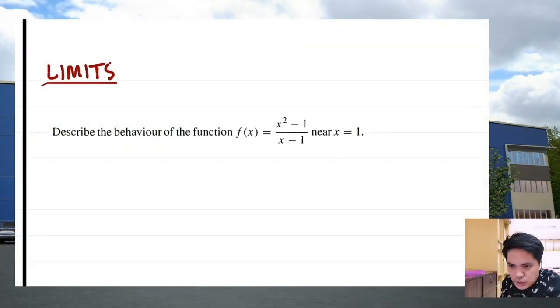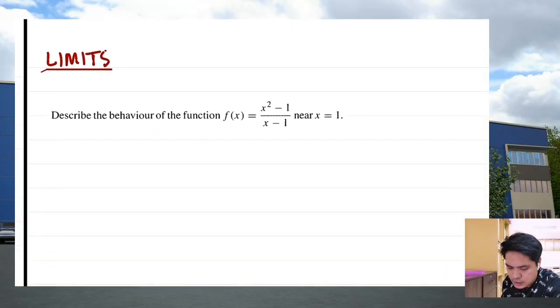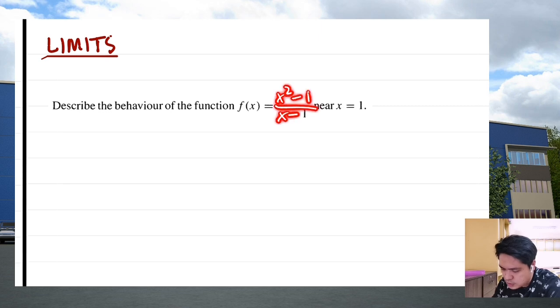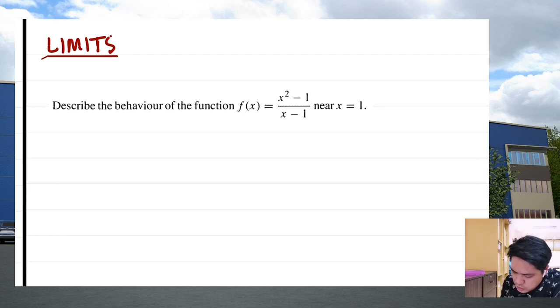So we come now to our next topic, which is about limit. Before I describe what a limit is, let us first describe the behavior of this function. We have f of x equal to x squared minus 1 over x minus 1 for values of x near x equal to 1. First, if we describe the domain of this function, x should not be equal to 1, because